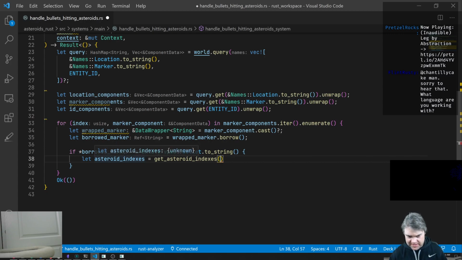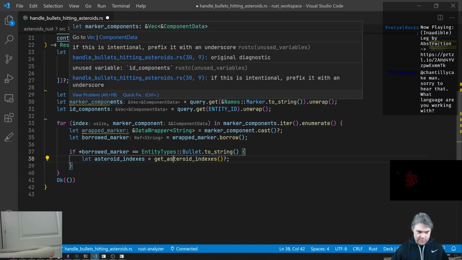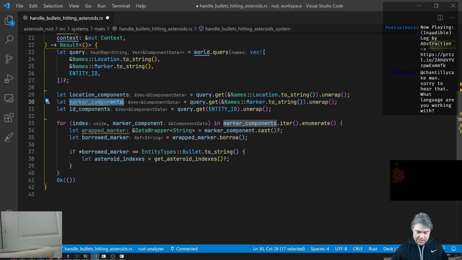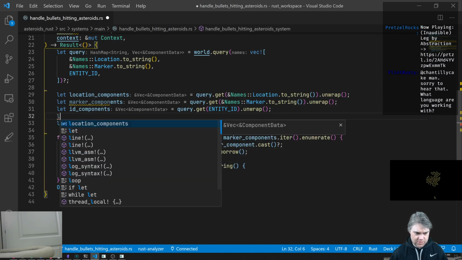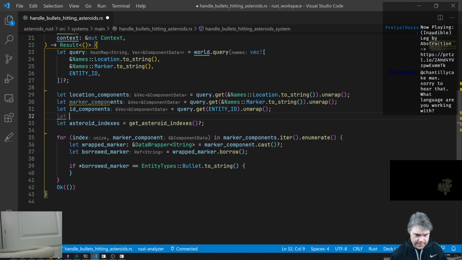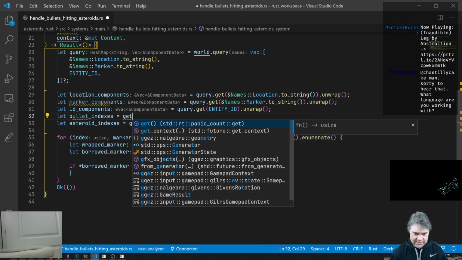If I do something like this, then I can pass in marker components. We can even do this outside of here. We can do something like also let bullet indexes equals get